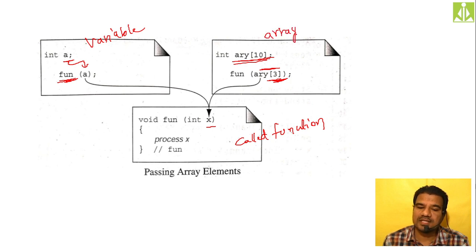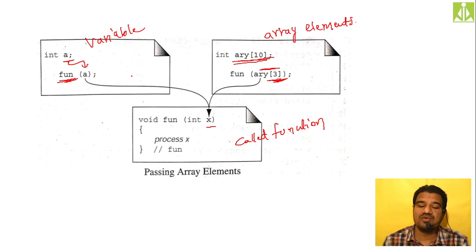As long as you are passing the individual elements, in both cases, how you are framing the called function when you are receiving a normal variable, you have to frame the called function in that same way when you are receiving the individual element from the array. Okay, this concept you have to remember. When you are passing the individual element from the array, it will be considered like a normal variable only. So when you are coding the called function, make the called function in the same way how you receive the normal variable actual parameter.